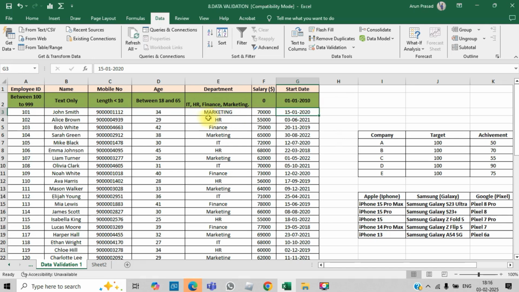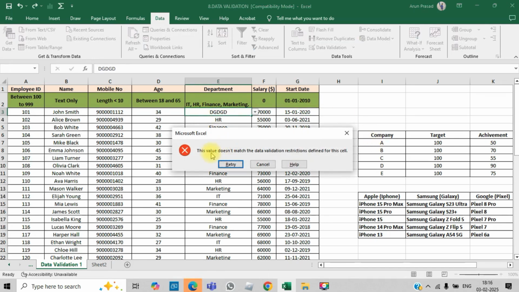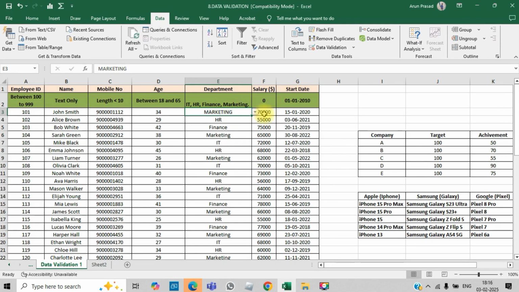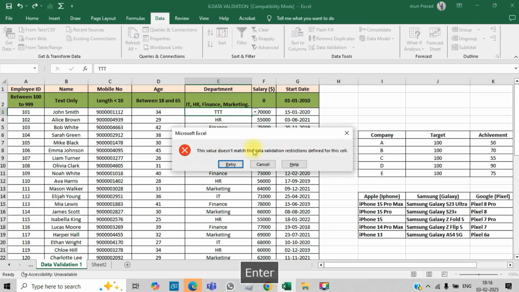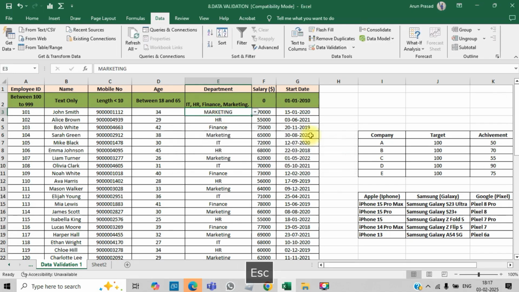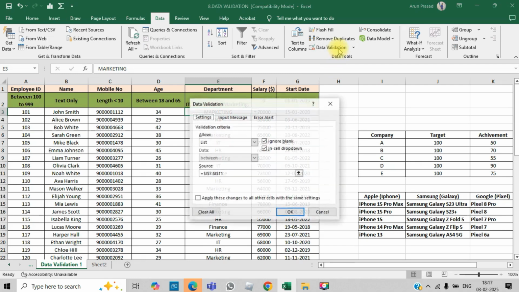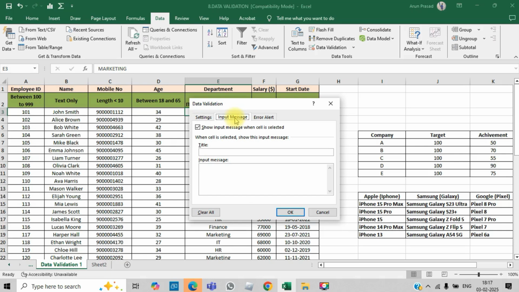Now, whenever I type a wrong value, the system is saying a common message: this value doesn't match the data validation restriction. But in this case, I have to suggest the user to select from the list, not this standard message. I have to communicate with the user that you have to select from the list. So what you can do is data validation input message. You can just say select from the list